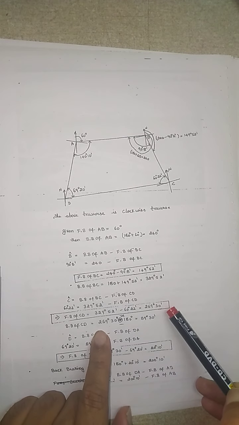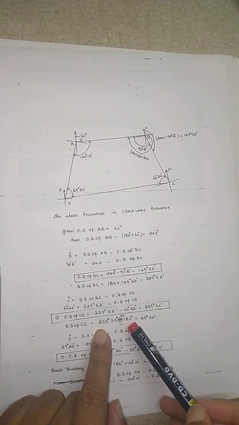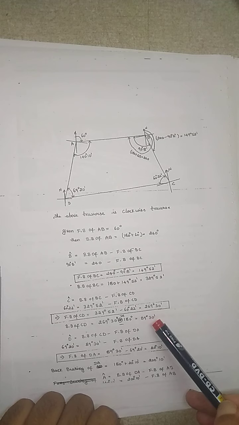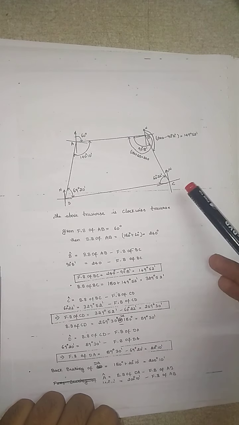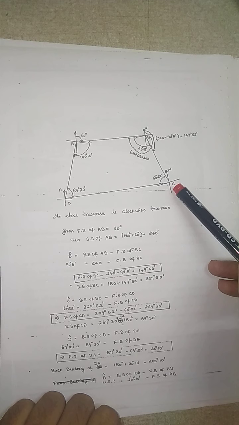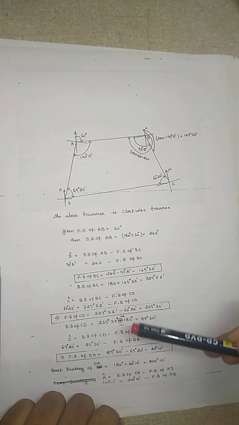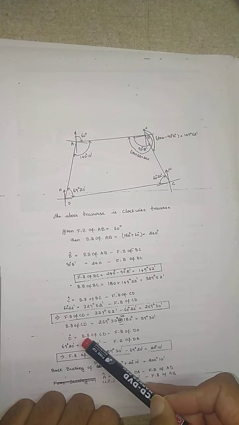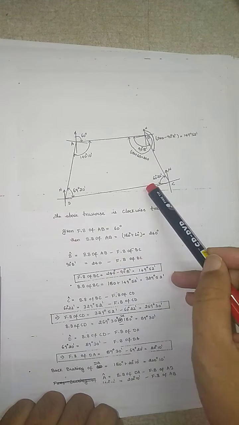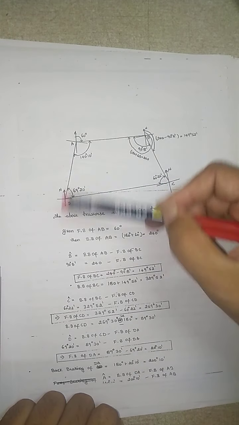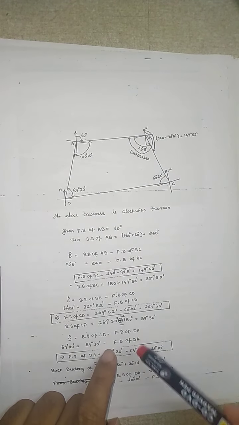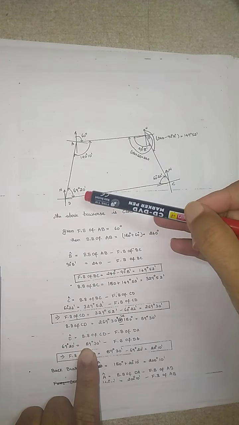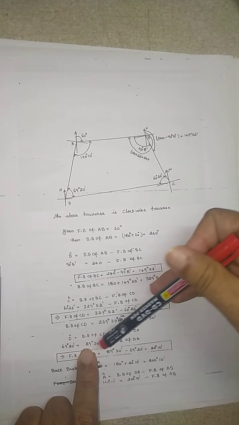So 269 is more than 180 degrees, so you have to reduce 180 degrees from this. So again you have got 89 degrees 30 minutes. The back bearing of the line CD is 89 degrees 30 minutes. Again, the included angle D, how you can calculate it? The back bearing of the line CD minus the fore bearing of the line DA. The included angle D you already know, and the back bearing you have calculated for the line CD.